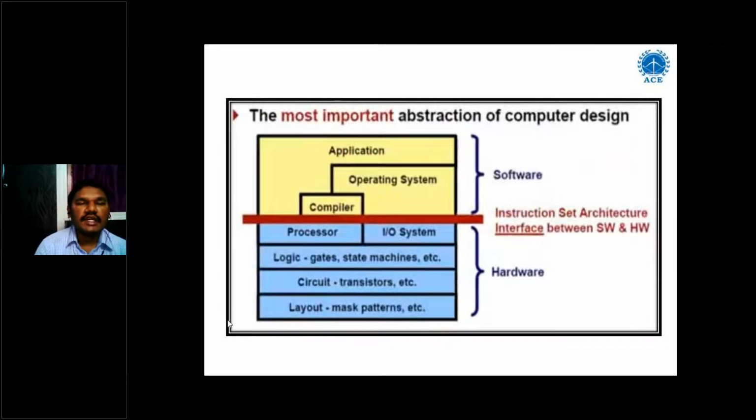Right, so see this diagram of the computer. It's called the most abstract view of the computer design. So here we have 2 parts. One is called the software part, another one is called the hardware part, and between this hardware and software part we have a compiler, and we will see what this compiler is. And at the 8086 microprocessor level, what is the name of this compiler, we are going to see today.